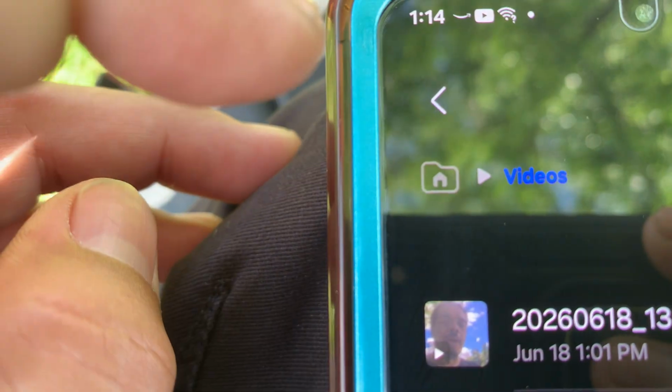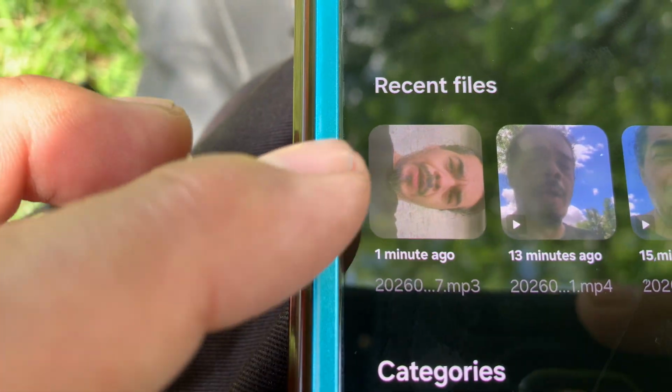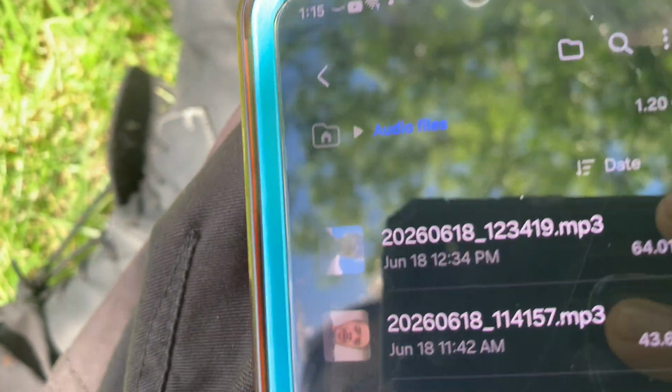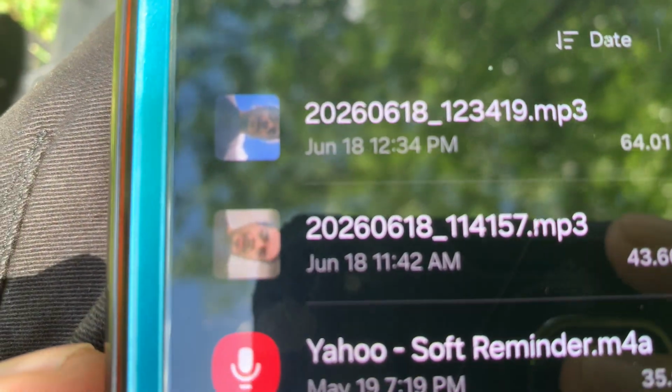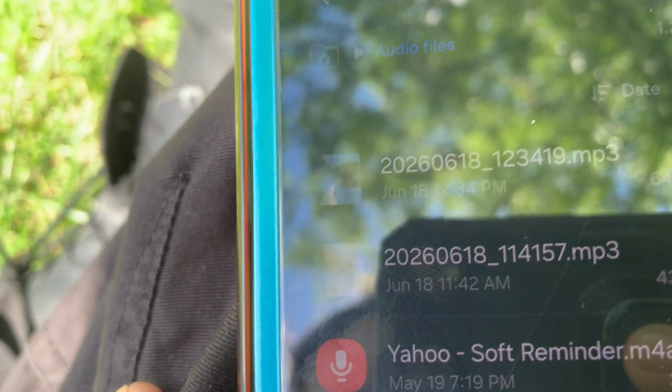So if we go back by hitting this arrow key right here, and we go back, we see that it has changed to mp3. In order to listen to it, we go to the mp3, and you can see now that it's an mp3 right there. All right, so let's just play it, and I'm just going to use this app, and you'll be able to